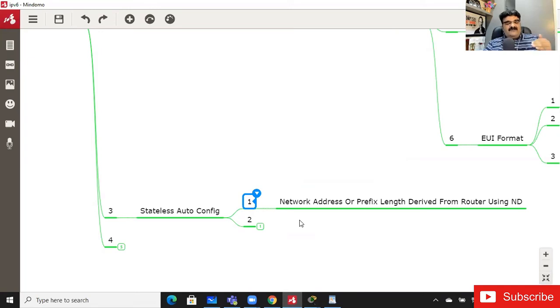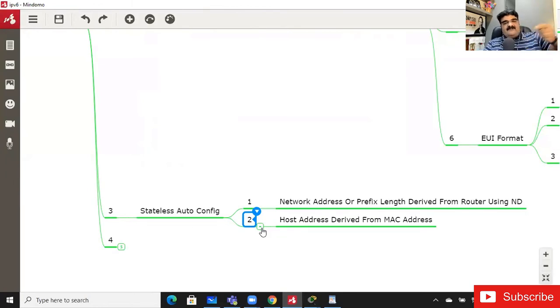And the next 64-bit of the host address will be derived from the MAC address, again using the same scenario of EUI 64.